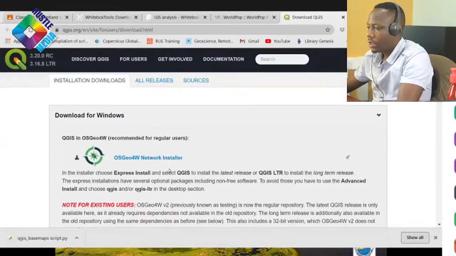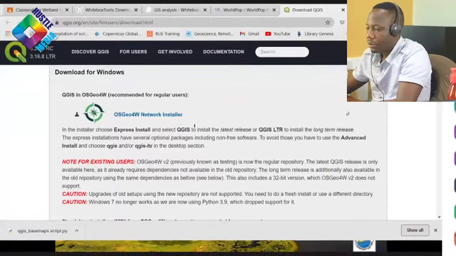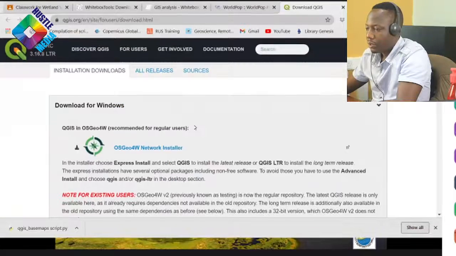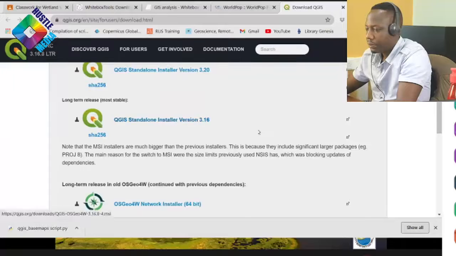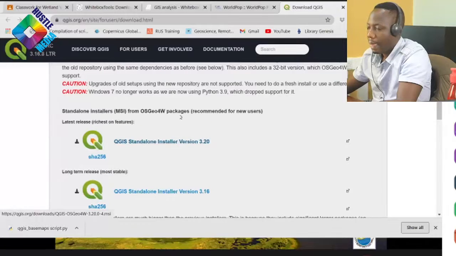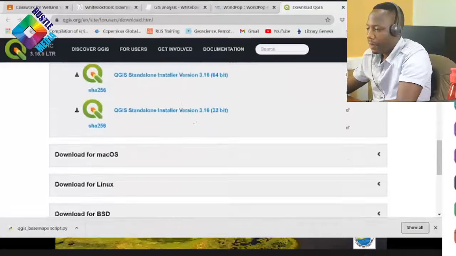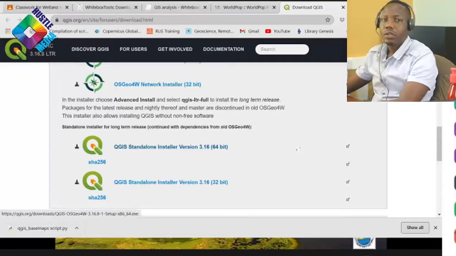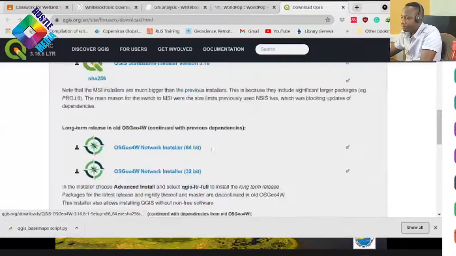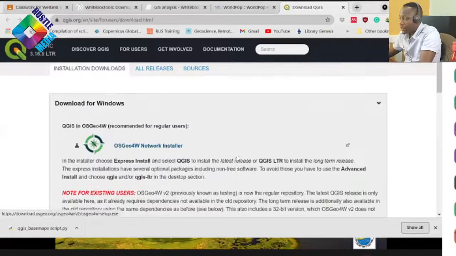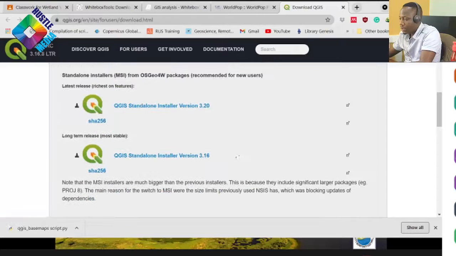So do you see a browser showing the link where the QGIS can be downloaded? So when you go to the browser, from this link, you should be able to see